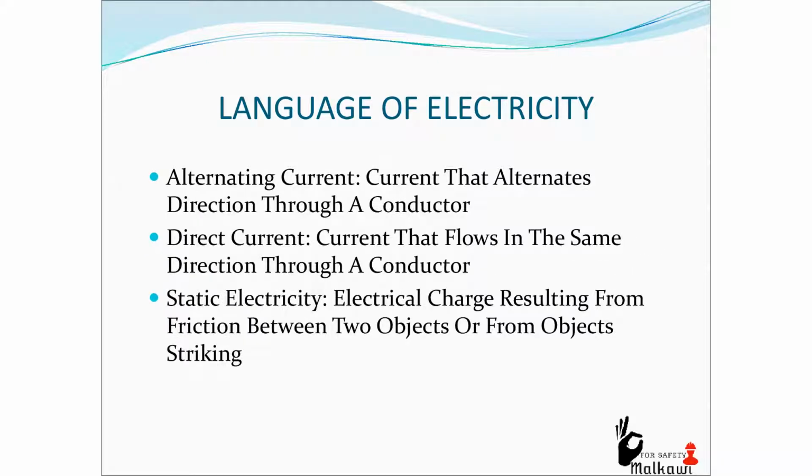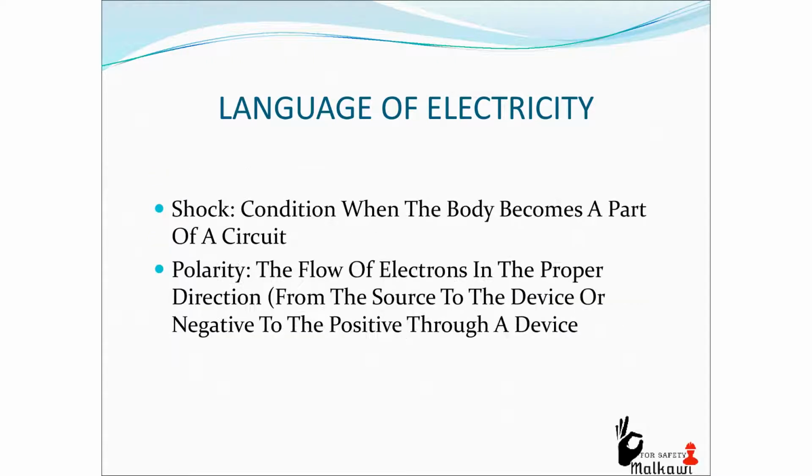Alternating current: current that alternates direction through a conductor. Direct current: current that flows in the same direction through a conductor. Static electricity: electrical charge resulting from friction between two objects, or from objects striking. Shock: condition when the body becomes a part of a circuit. Polarity: the flow of electrons in the proper direction, from the source